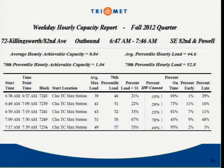So here's a report that we use to show that. This is the line 72 from this fall. So this is something within the last 2 months of collecting data. And what we do is we look at peak hour. So we go hour by hour by hour, but we do it every minute. So every possible hour, we take a look to see are we having crowding within that 1 hour period. And we take a look at the average. Typically what we do is look at average loads. And then we also look at 70th percentile loads, too, because